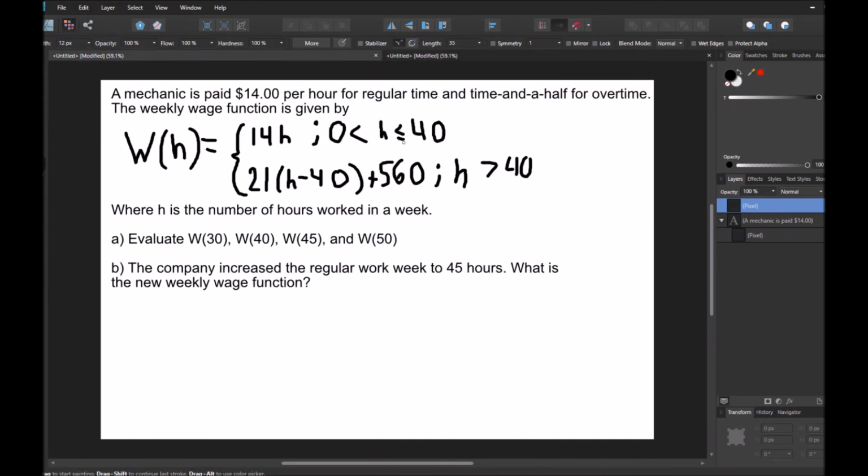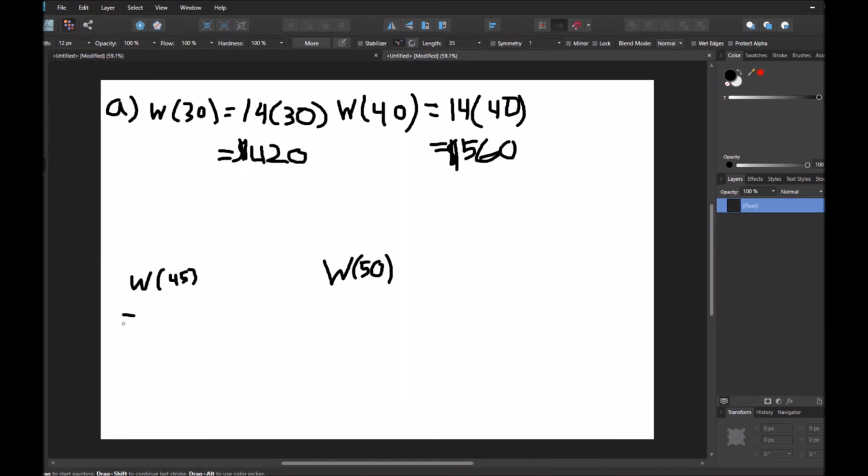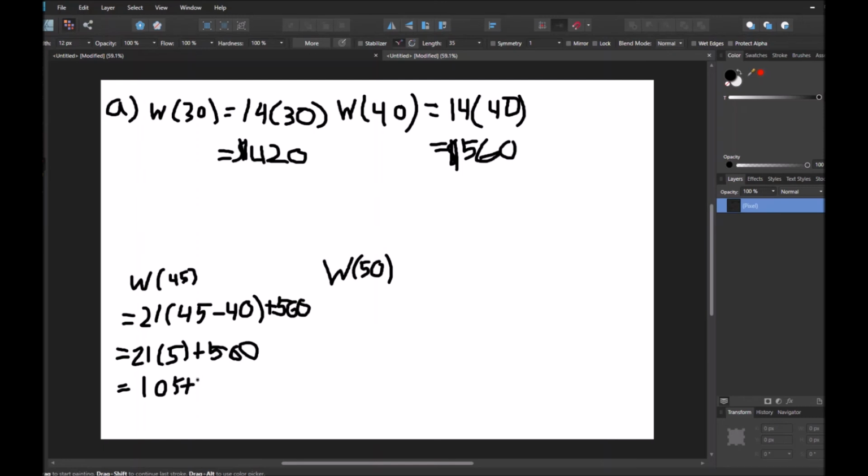Now, W of 45, if we go over to the piecewise defined function, we see that 45 is greater than 40, so we're going to be using this equation right here. So that's going to give us 21 times 45 minus 40 plus 560. So we go ahead and subtract 45 minus 40, and we get 21 times 5 plus 560. Sorry, that's a little bit messy. 21 times 5 is 105. So we are left with 105 plus 560, which is going to give us 665,